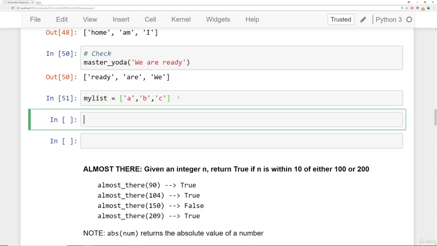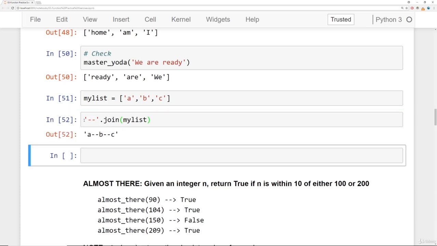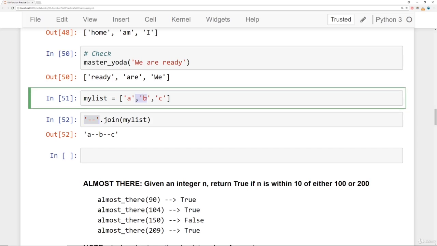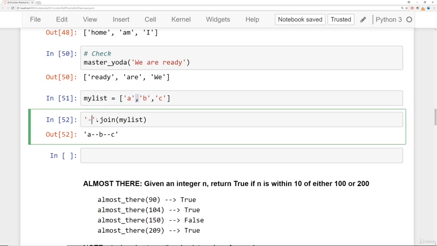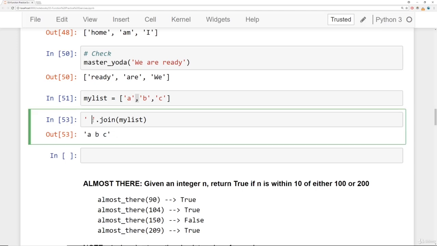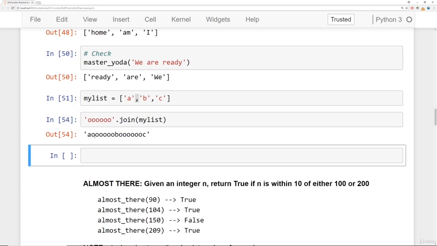What you end up doing is you create a string. Here I'm going to have a string of 2 dashes. And then off of the string you say dot join, and then you pass in my list. And what this does is it takes the string you have here and it's going to use it to concatenate as a fill-in between every item in this list. So if I just have a space here, it puts a space between A, B, and C. If I have maybe a bunch of O's, then it's going to put a bunch of O's in between A,